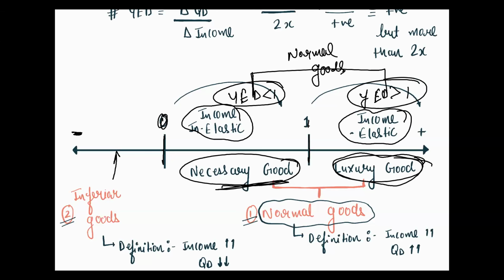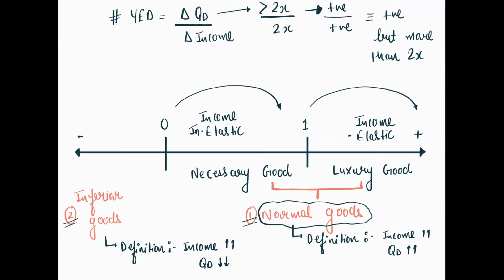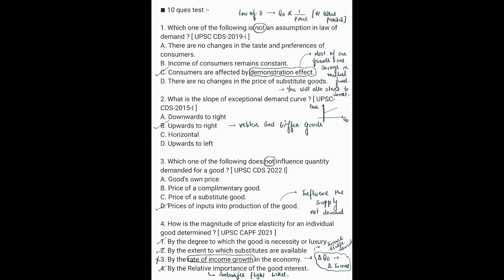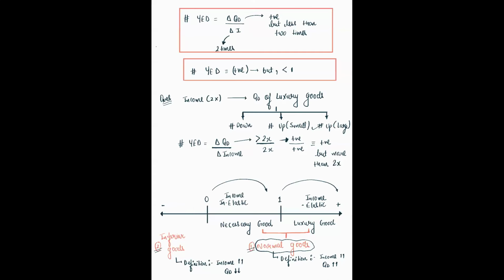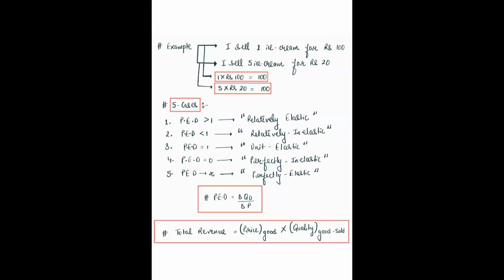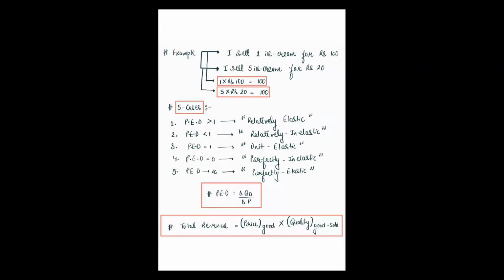So this is the number line you can draw on one page, and you can understand income elasticity of demand clearly. I hope these things are very clear to everyone. There are some things that we should learn, so the crux is very important. Price elasticity of demand has various types that you should remember, and you can even apply them to income elasticity also. The 5 cases were PED greater than 1, PED less than 1.